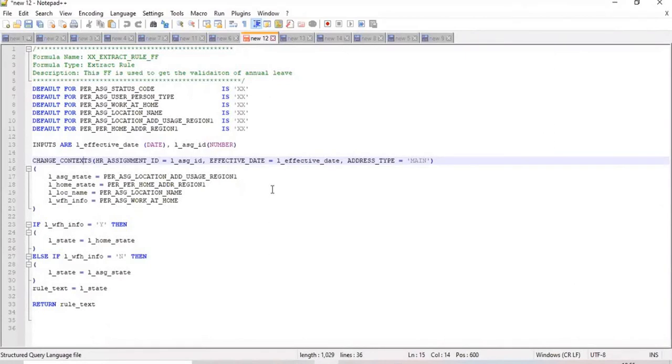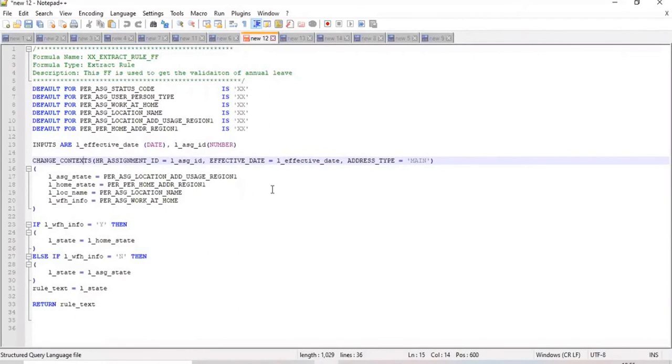suppose in your formula, I wanted to get my employee state or anything. In this scenario, we are trying to get the employee's location, home address, work location and all in the first formula.